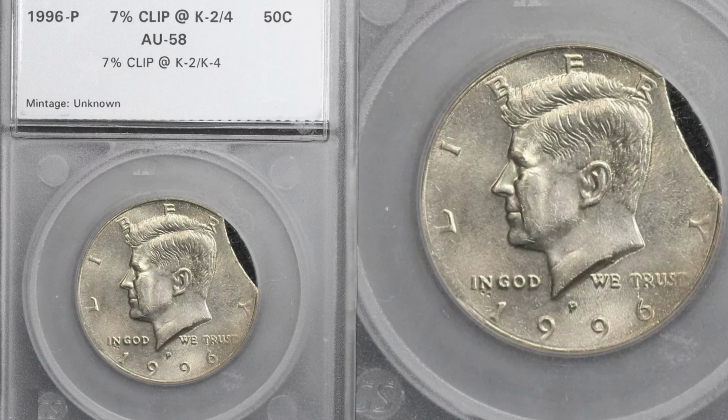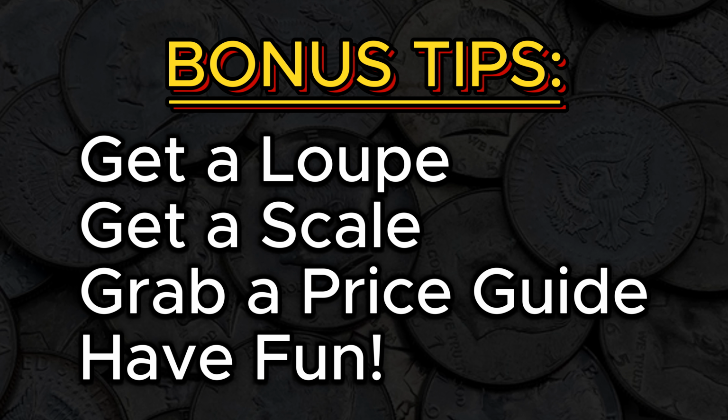Clipped planchets are another really wonderful error. When blanks overlap during the punching process of a coin, clips form. So these are clean, curved edges, but they're not necessarily damaged. Minor clips can be upwards of $50, with major examples like an MS65 2001 P selling for close to $200 in 2022. A couple of bonus tips: get yourself a decent scale, get yourself a 10 times or better loupe,